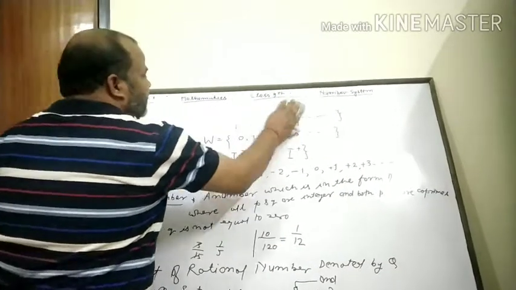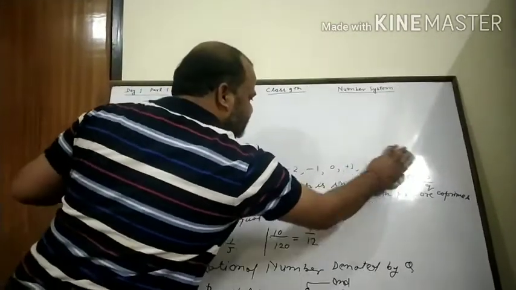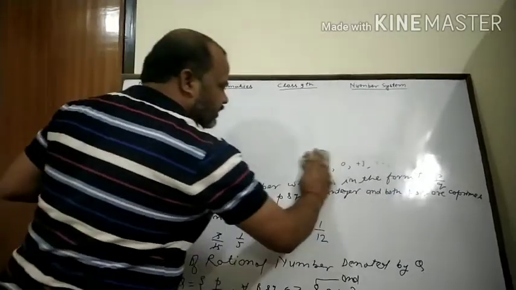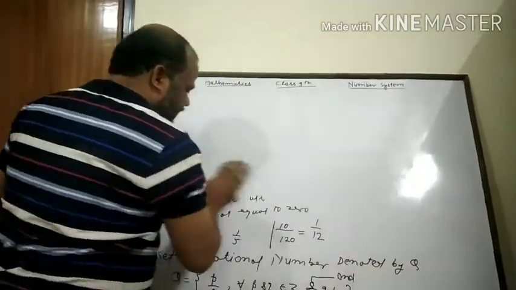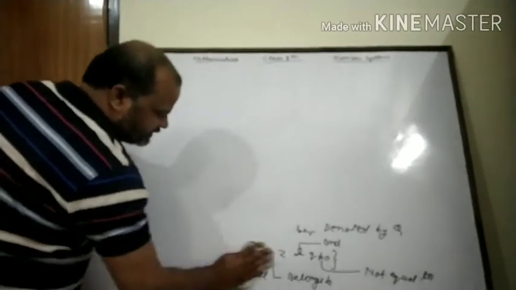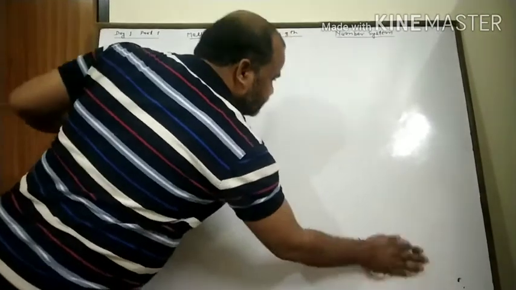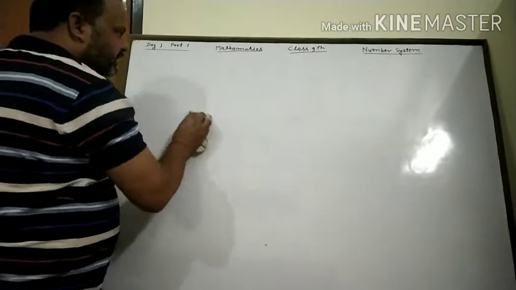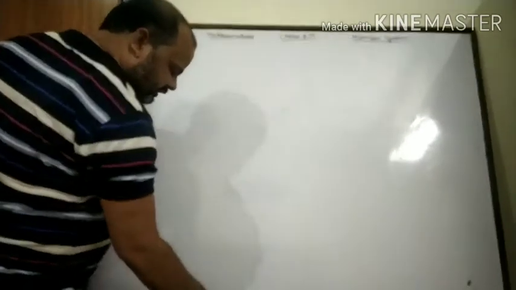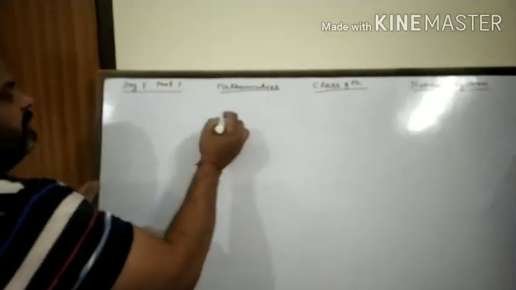Now you can define one more type. Everyone write the definition in your copy. It is very necessary, because in mathematics, if we don't know the definition, then we can't solve the question. First of all we must know the definition for better understanding of mathematics. Then after we can define